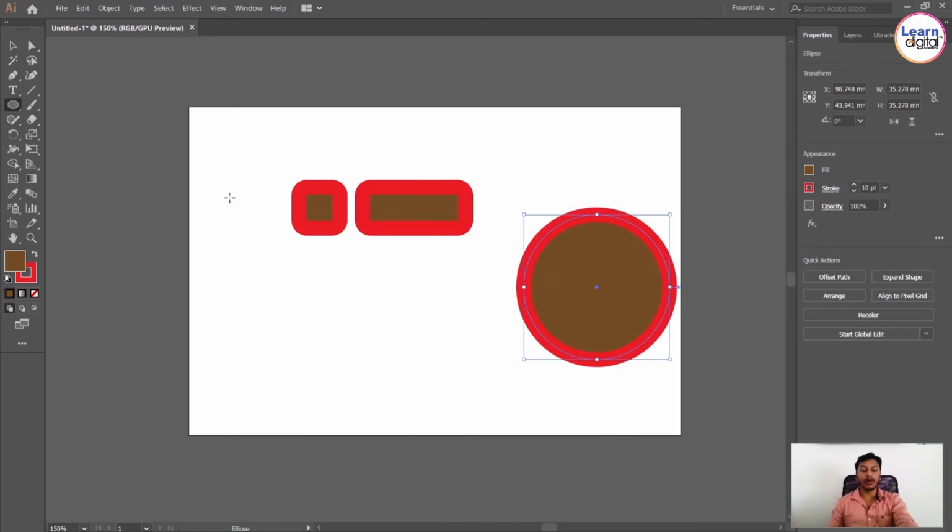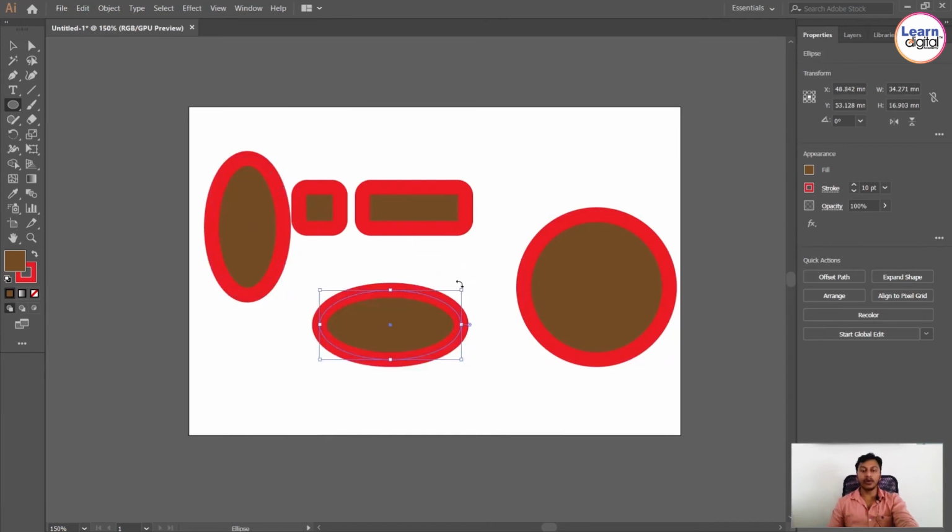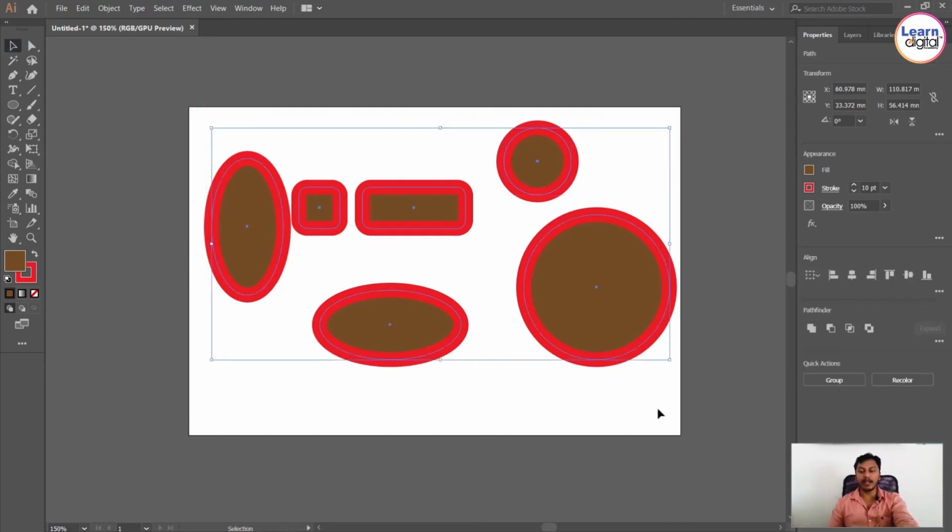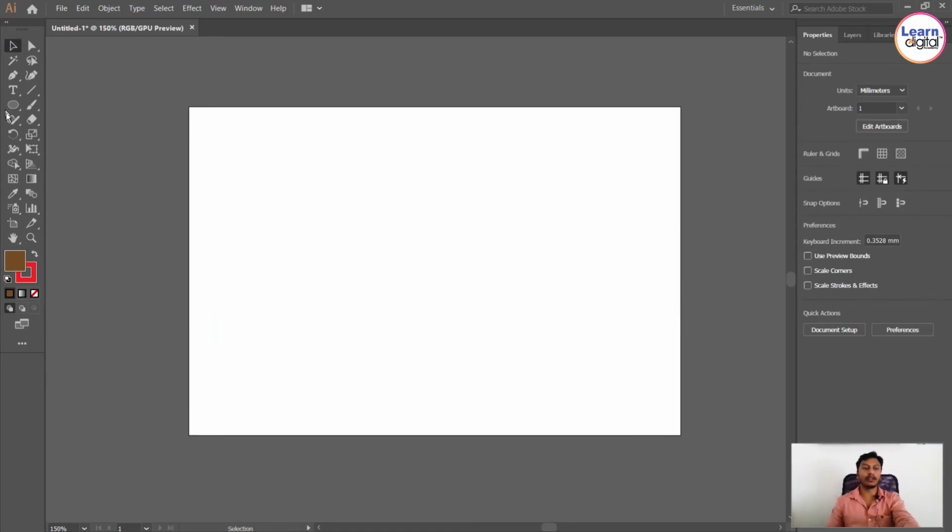If you need an oval, or if you want to draw normally, just click and drag. In whatever direction you draw, you will get the shapes. If you need an exact square or an exact circle, hold shift and drag, you will get a perfect square, perfect circle. Select everything by dragging, delete the unwanted things.